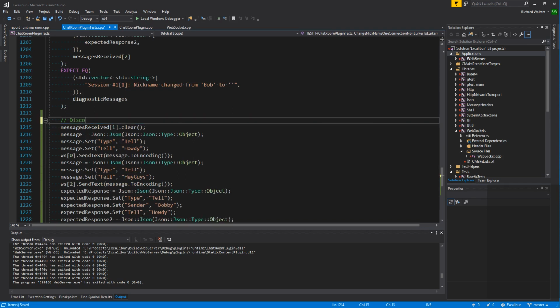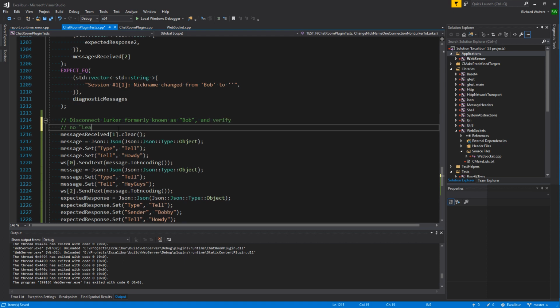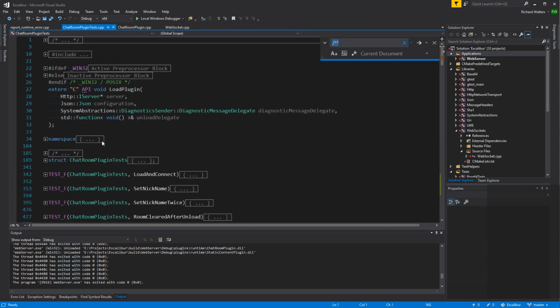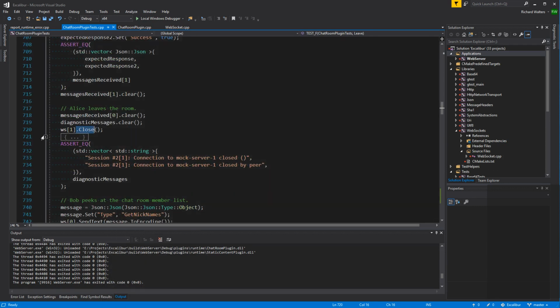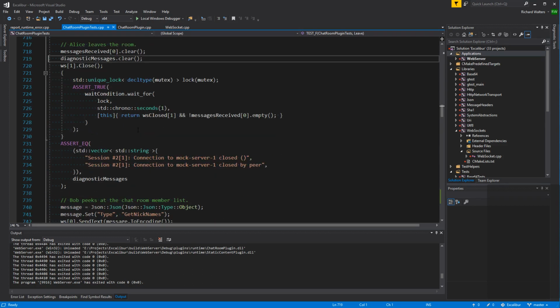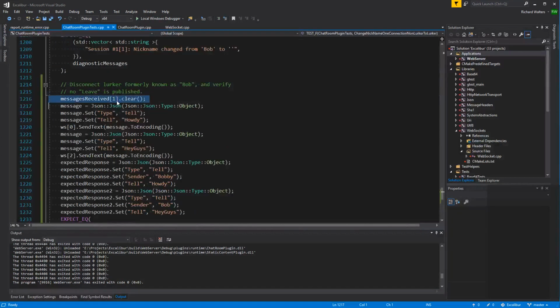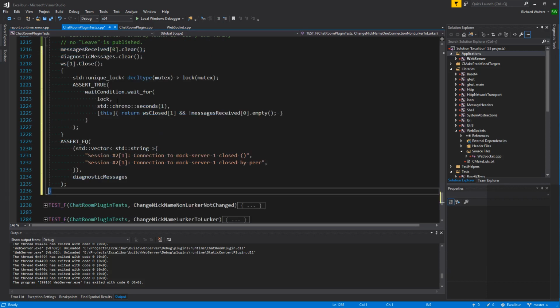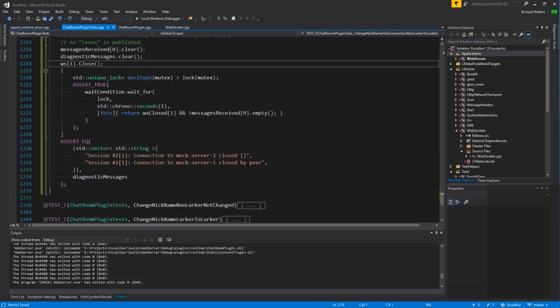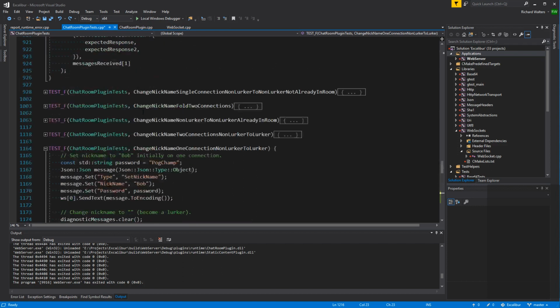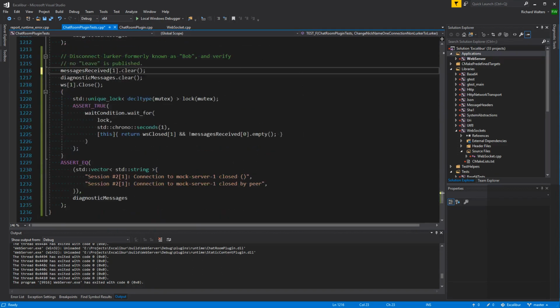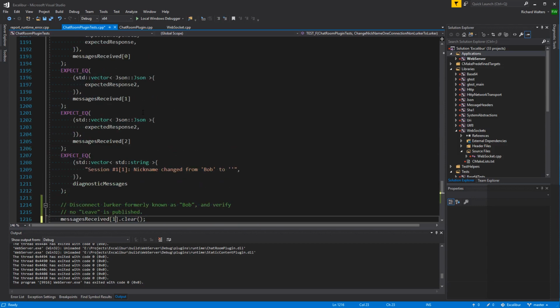Disconnect lurker formerly known as Bob, and verify no leave is published. So it's like .close, right? Do we have a, yeah, we have a simulation of that. Clear. I guess we can just look at one, right? This is redundant.